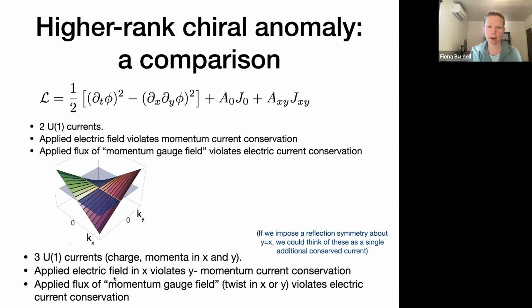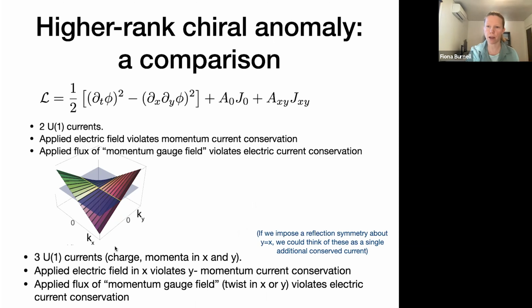And we found that if we applied an electric field in X, it violates the conservation of momentum in Y. Okay, and similarly, if we apply an electric field in Y, it violates momentum conservation in X. And also, if we apply some kind of flux associated with these twisted boundary conditions, we can think of that as a sort of momentum gauge field that actually gives us a non-conservation of the electromagnetic current, right? And so these look different, but like I said, at some superficial level, if we imposed